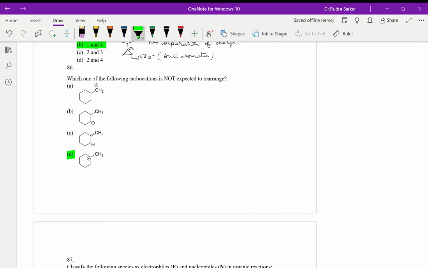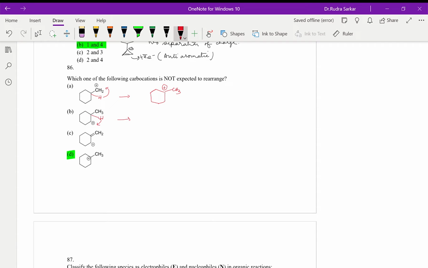But why are the others rearranging? As you can see, this can undergo a Wagner-Meerwein rearrangement, and from the expected 3 degree carbocation, similarly this one